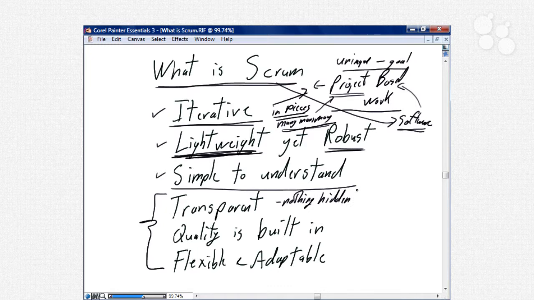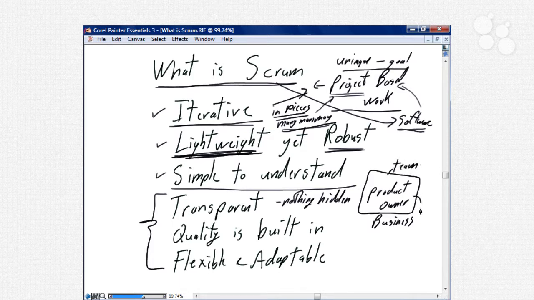There's no traditional "the team's going to go away for a period of time, 2 weeks, 2 months, etc., and we're going to do some work, and just trust us." There's none of that. Everything we do in a Scrum environment is extremely transparent, and as we'll discuss in just a moment when we get into the roles, there's going to be a product owner. And the product owner represents the business,